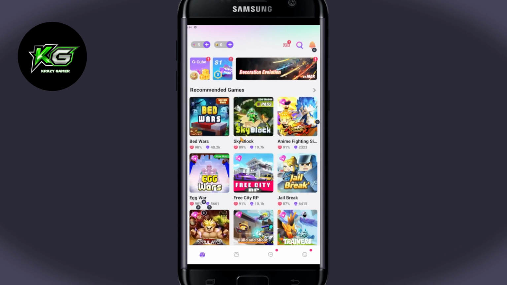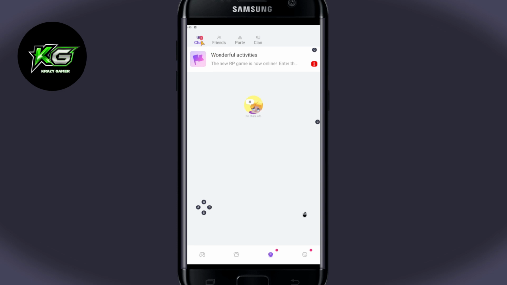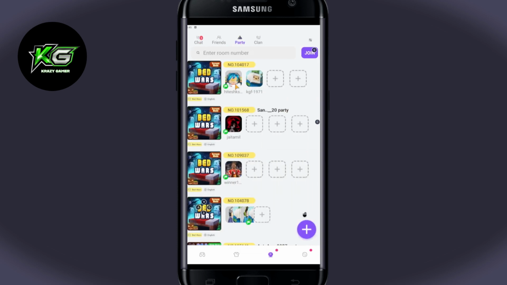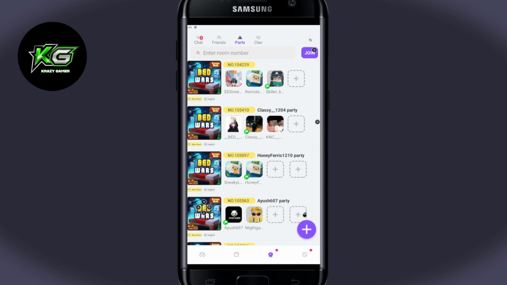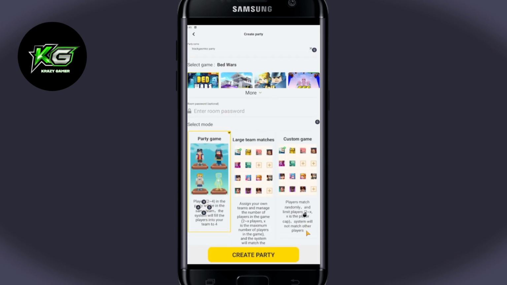Now, if you wish to create your own party, then tap on the chat option at the bottom. This will now take you into the chat page. From here, tap on the party option at the top, and now you will see the option to join various different parties, and you can also tap on the plus icon at the bottom if you wish to create your